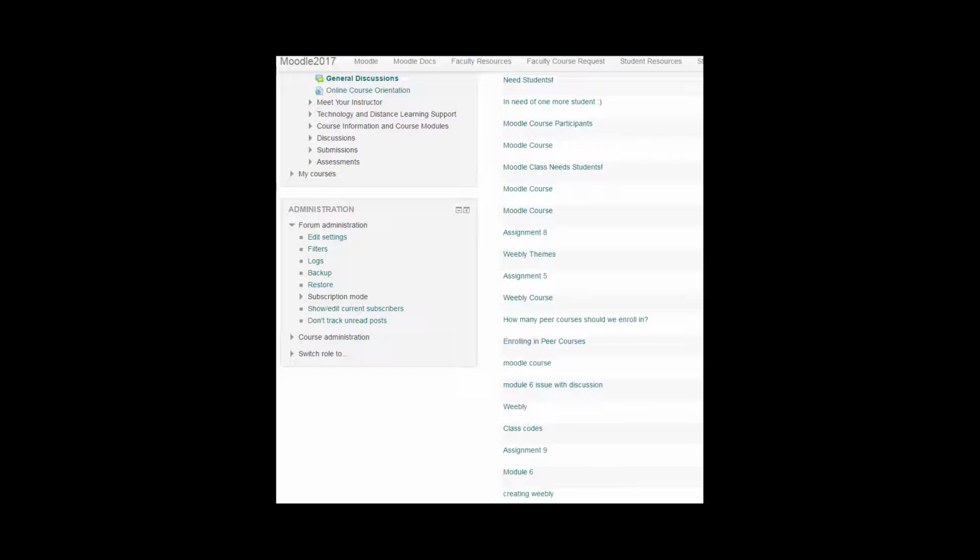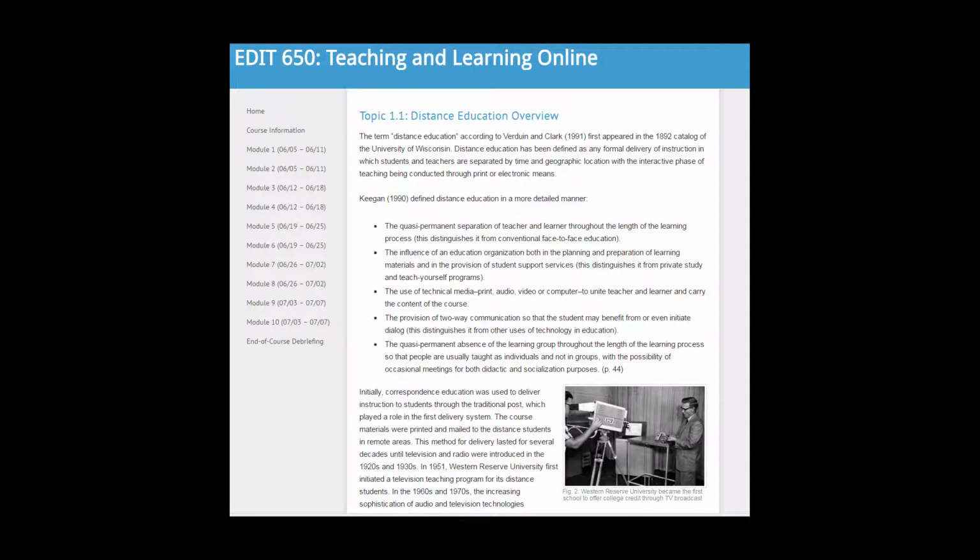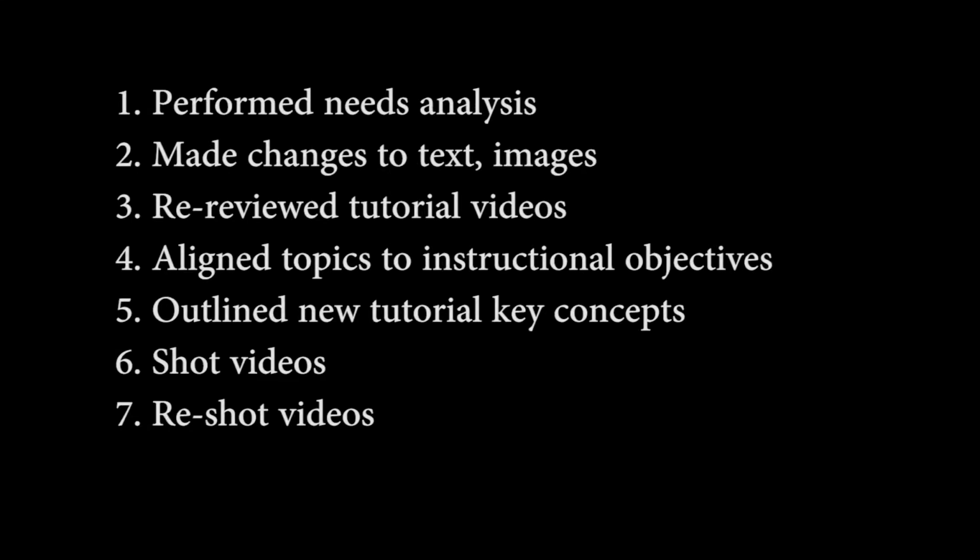And for each of the 2 classes, I started out performing a needs analysis. So I went through all of the discussion board sections where students would ask questions about the classes, and then I would inform my needs analysis from that. I spent a lot of time poring over each of the instructional units in each of the 2 modules and looking for ways in which the classes could be improved. After writing down all of the areas of improvement, I made all of the text and image and instructional directions-based changes that I could,